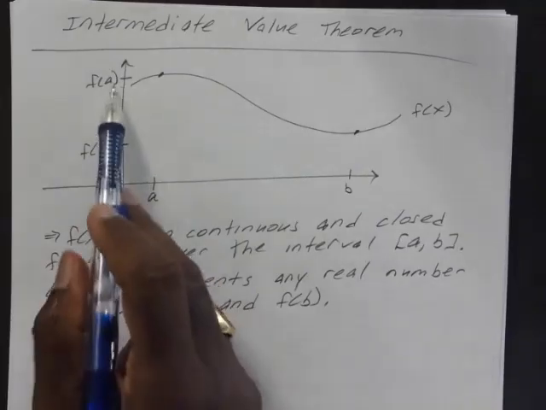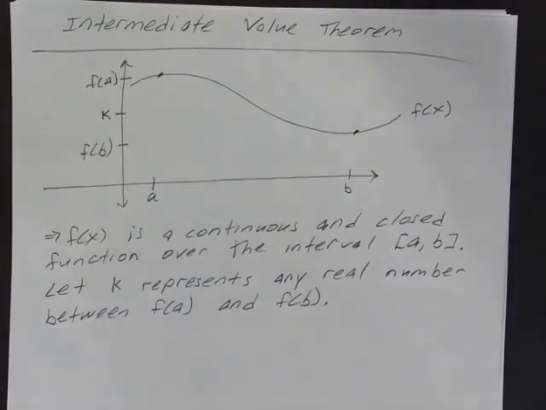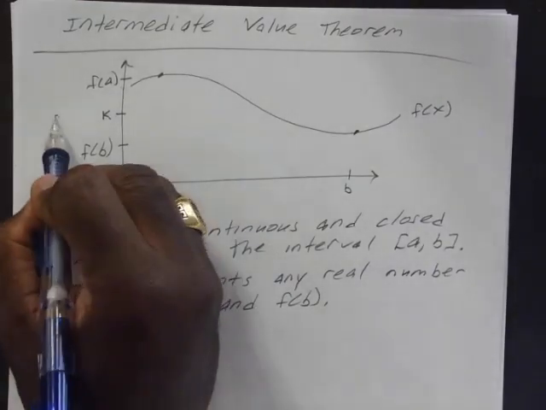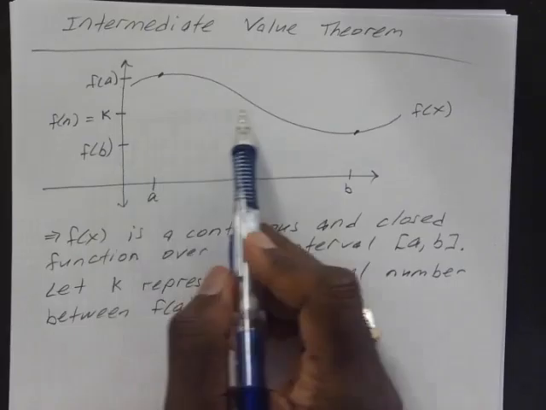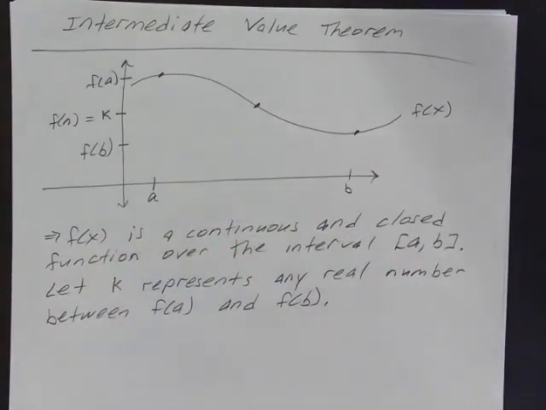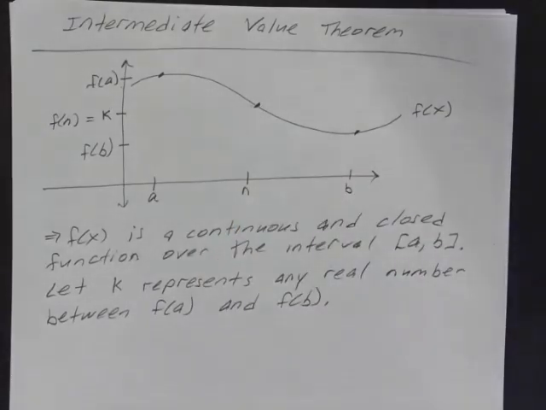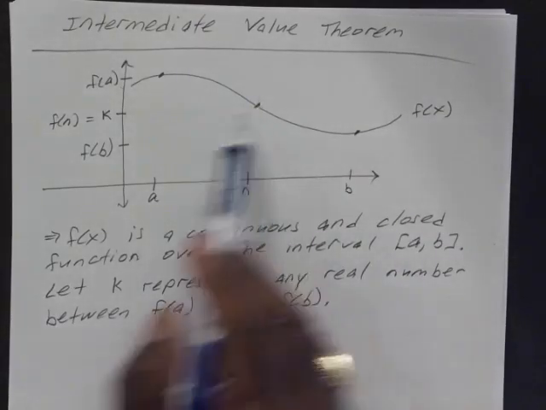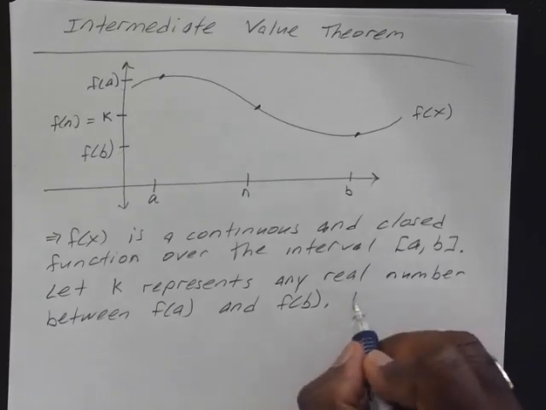So if we pick anywhere between a and b, and we'll say, okay, this is our value k. So we'll say that f of n is equal to k. So if we have k, we see that k lines up with this point on the graph, give or take. That means your n would be probably right there. So if you plug in n, you get f of n, which is equal to some value we'll call k. Okay. So what this shows us is that